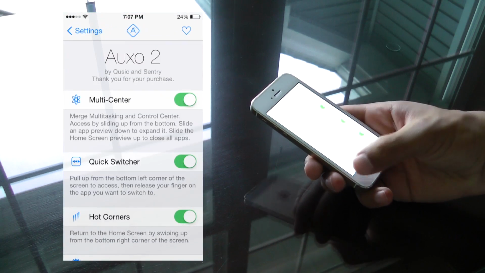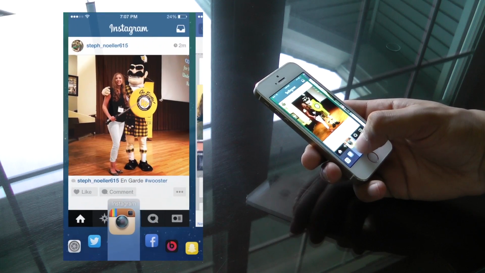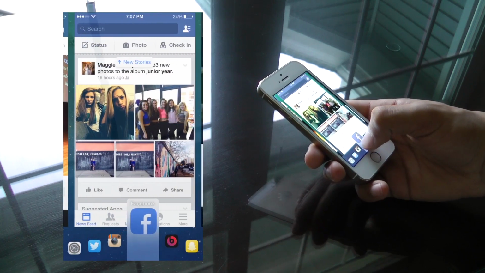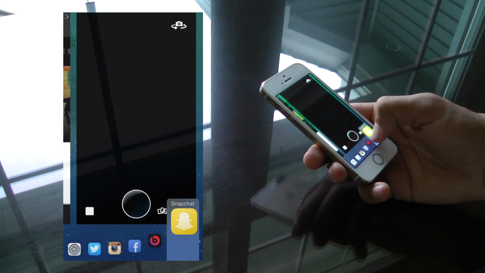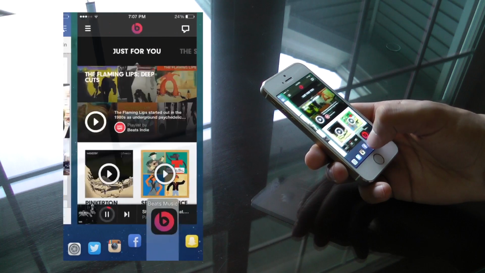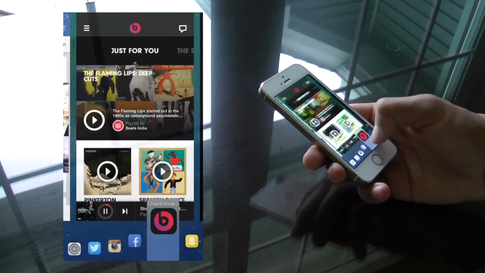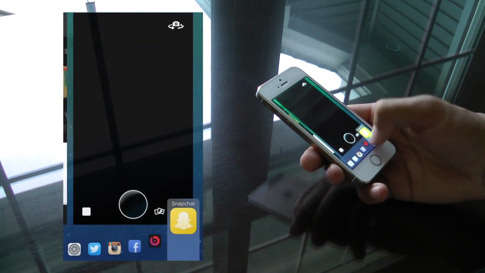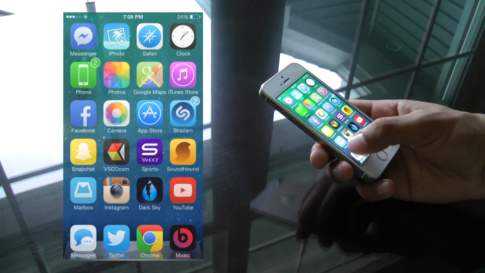Position your thumb near the bottom left-hand corner of the screen and drag up. You'll witness the current app zoom out and 6 app icons appear near the bottom of the screen. In one sweeping motion, drag your finger across the screen towards the right to switch between apps. As you switch between apps, the full screen app preview will change to match the app icon appearing below. Release your thumb when you've located the app you want to switch to, and voila, you just switched apps in